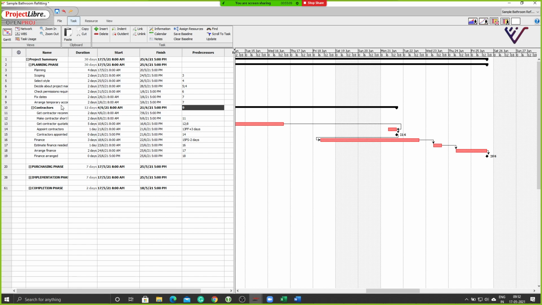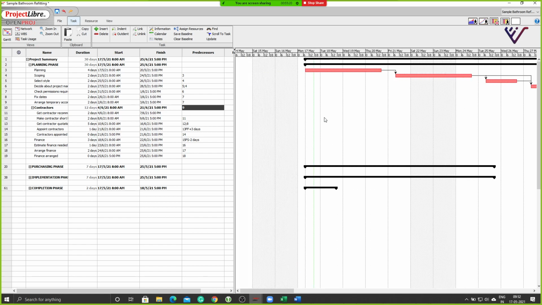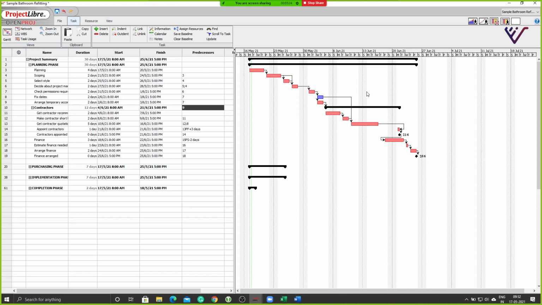Now let us see the calendar part of it. The entire calendar programming here is happening for a 5-day work week, right? 5-day work week with 8 hours of working time.